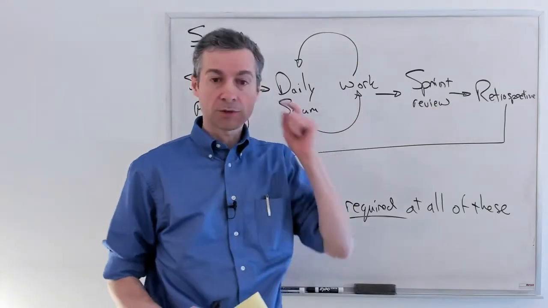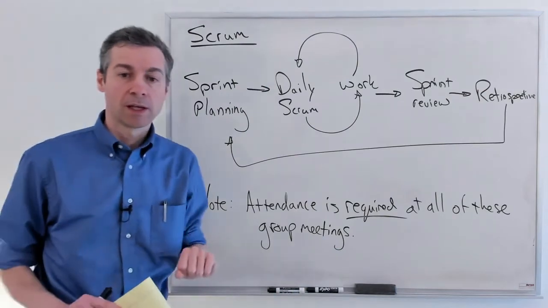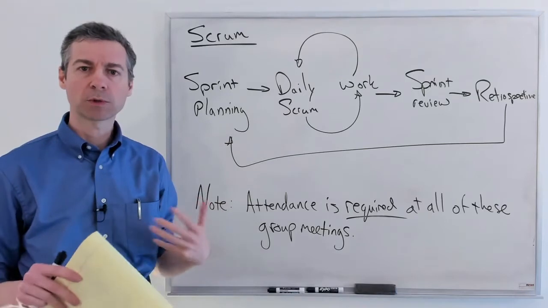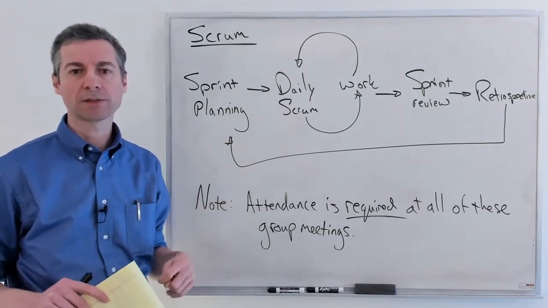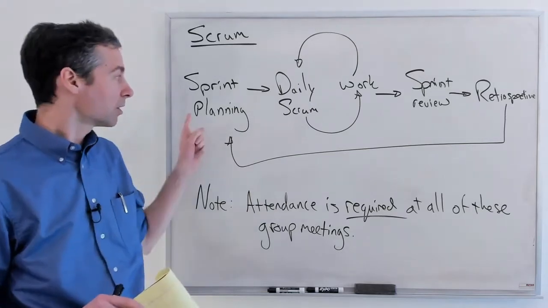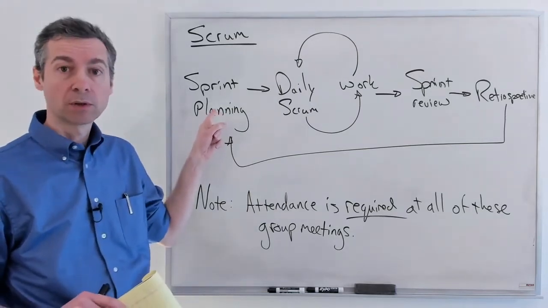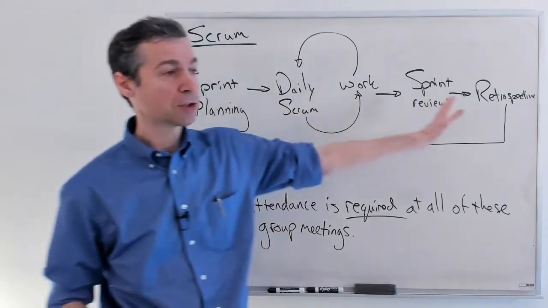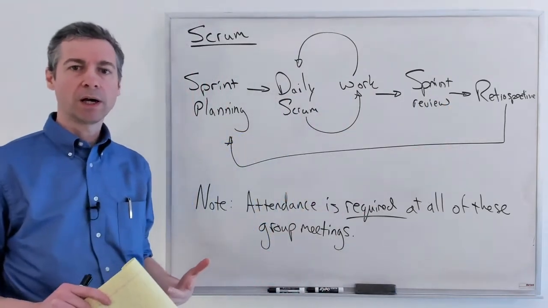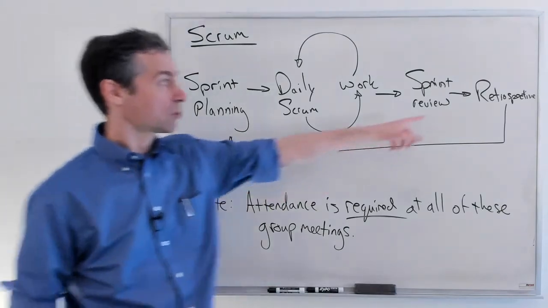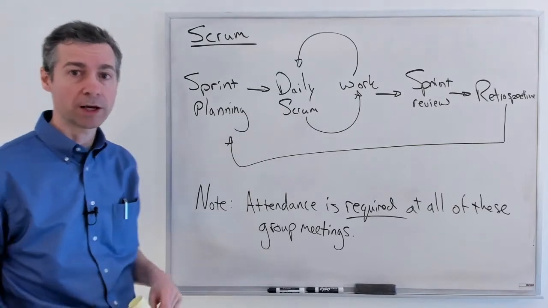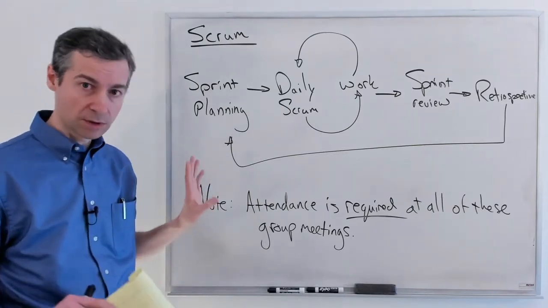And then we've got our retrospective, which we hold after that. In our retrospective, we as a team talk about what's working well, not working well with our team process, and aim to improve our ability to get work done so that when we go into the next sprint, we actually have a better sprint. The team's goal is always to be working more efficiently, being more successful, and the retrospective allows us to actually do that.